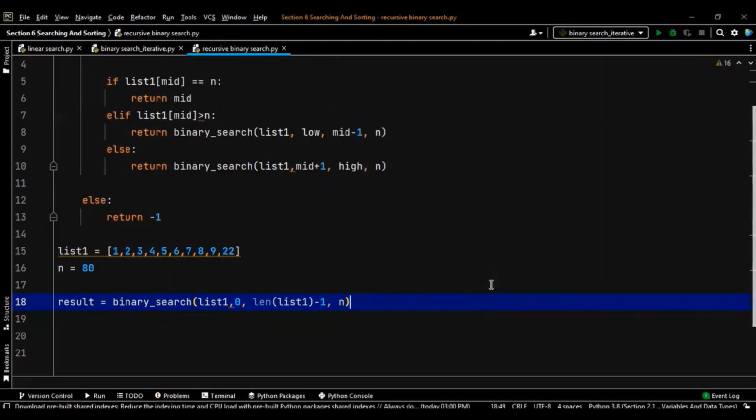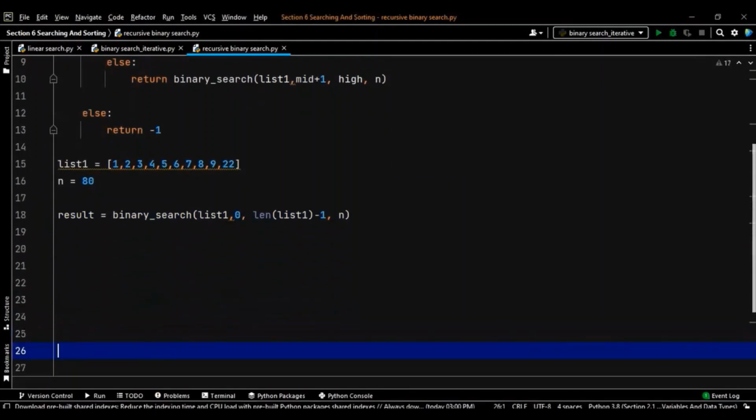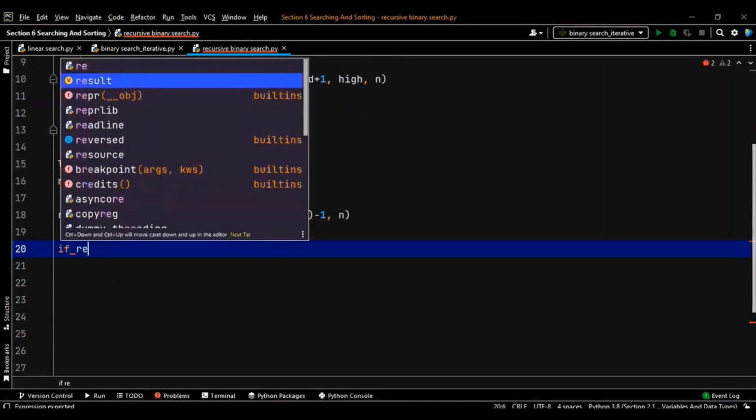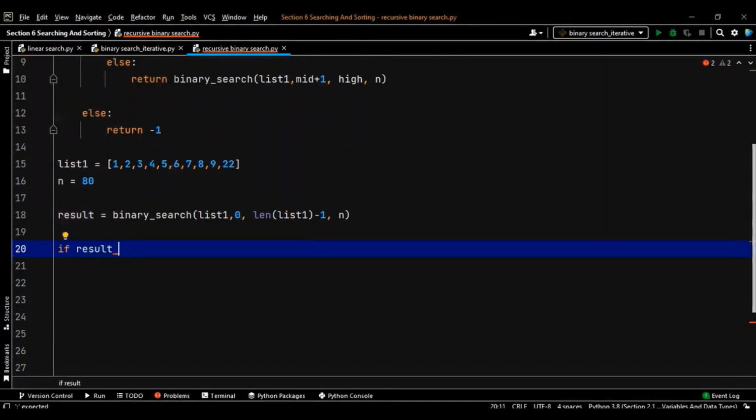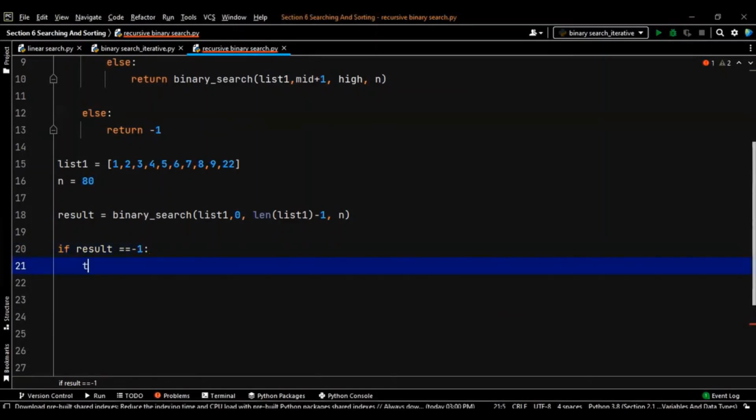Okay, now our common statement, which we have written everywhere, that is if result is not equal to minus, or maybe we can go with equal to -1 this time. Yeah, equal to -1, then the element is not present. Print element is not present,